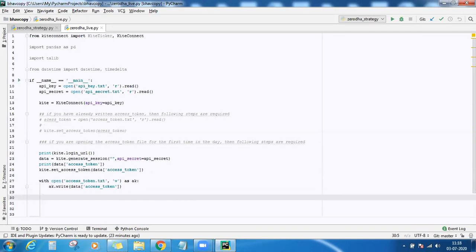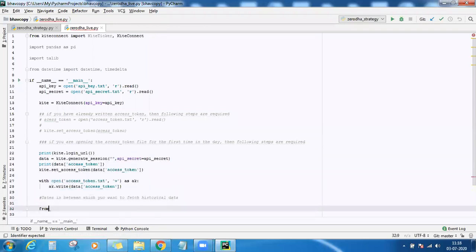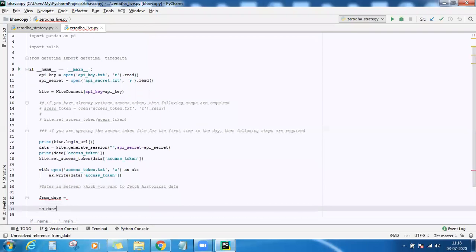Now give the dates in between, which dates you want to get the historical data. So one is the from date and the other is the to date.